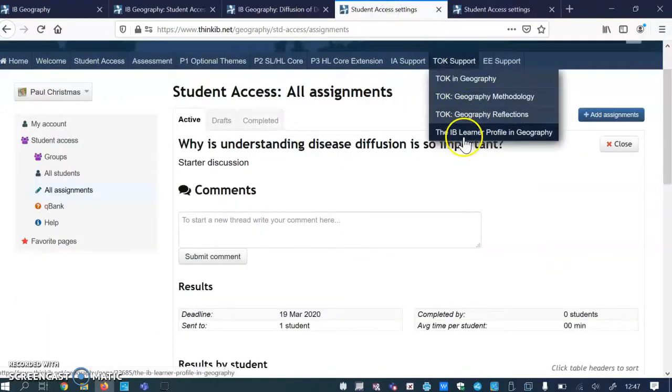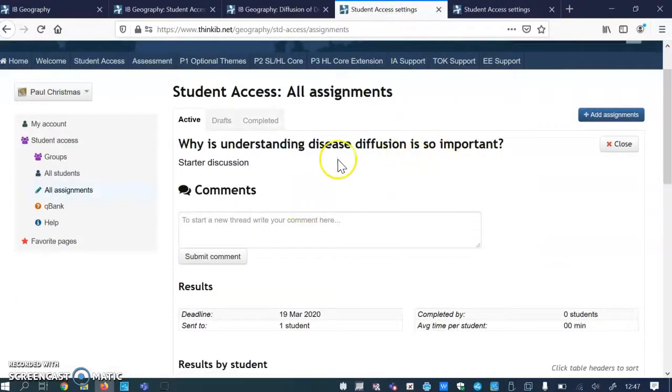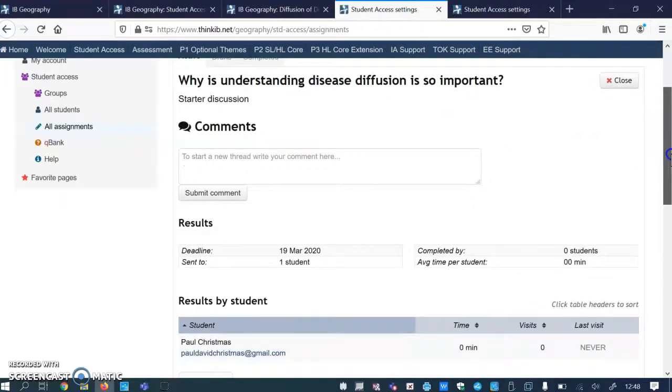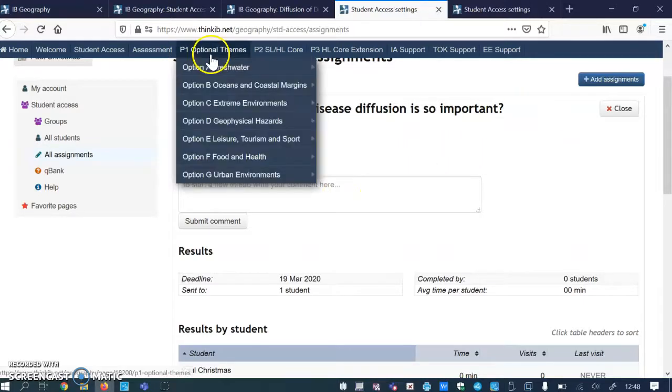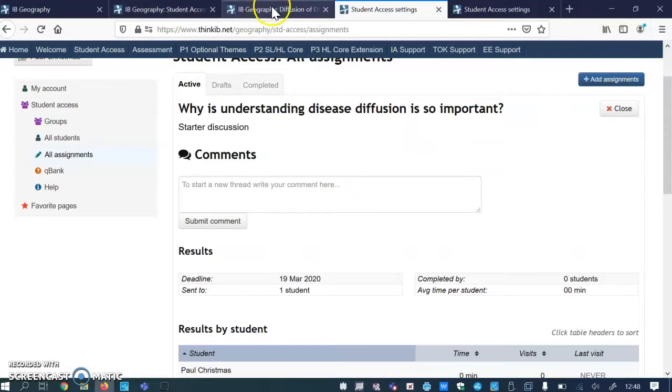The students eventually will get this type of alert here. Look, why is understanding disease diffusion so important? And students can write their comments, and then they can create threads around that discussion. So within assignments, you can set written assignments, you can set reading assignments, you can set these interesting discussion assignments. So back to the page,